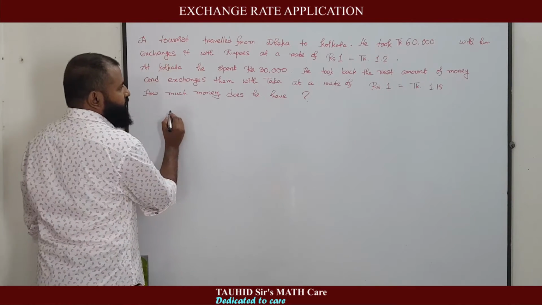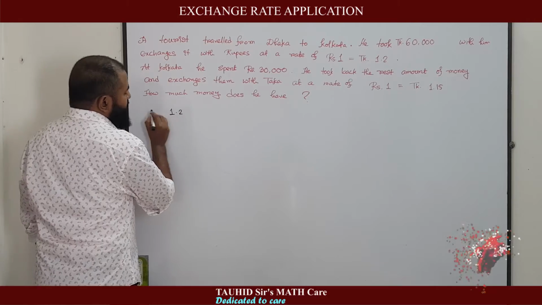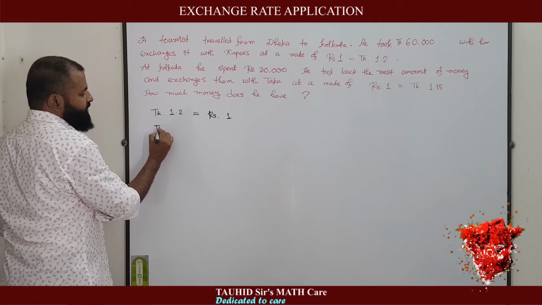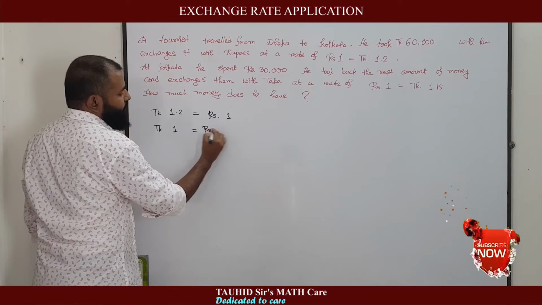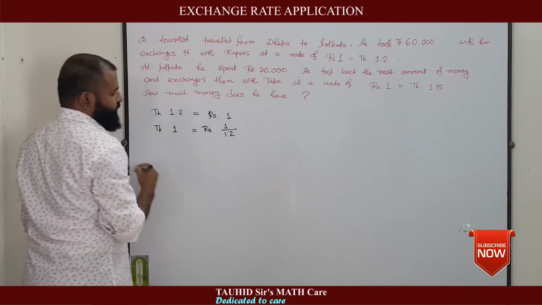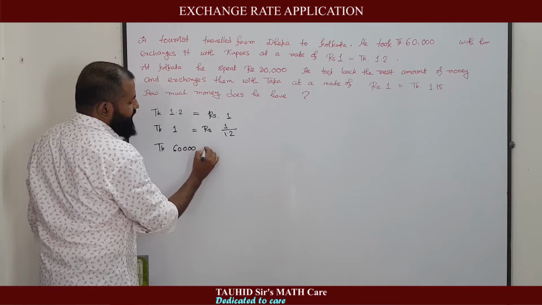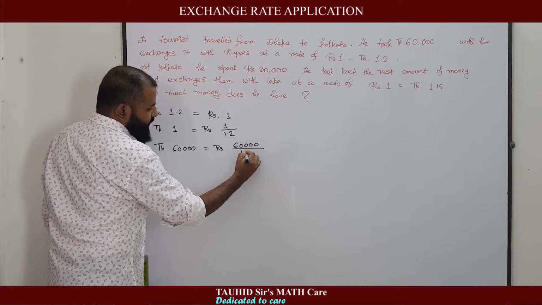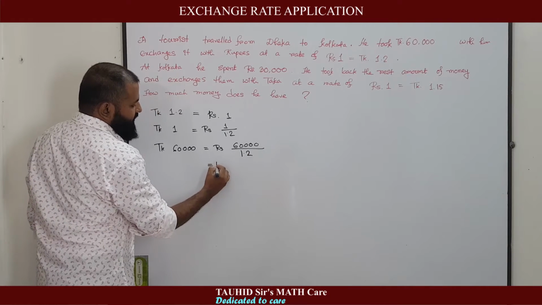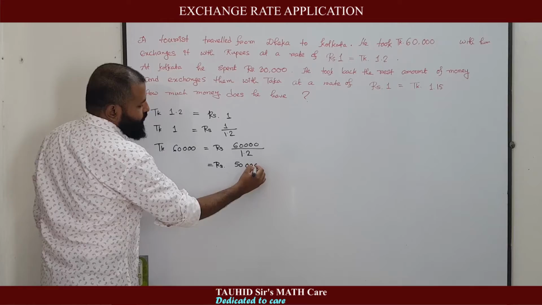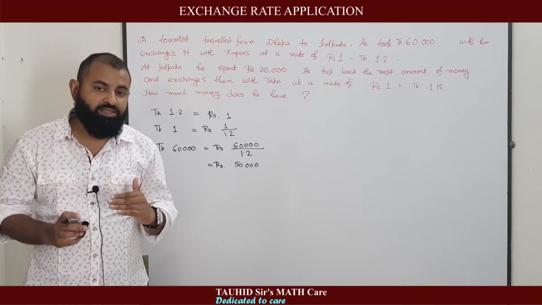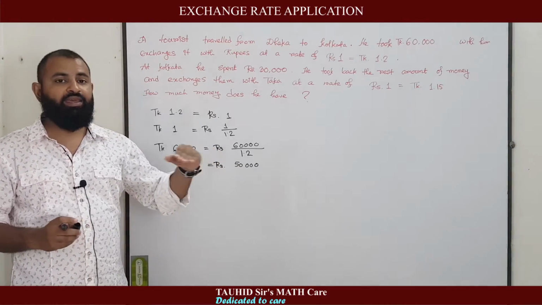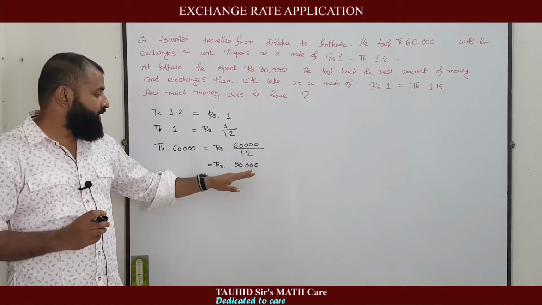First question, you are told that 1.2 taka equals 1 rupee. That means 1 taka equals 1 by 1.2 rupees. 60,000 taka equals 60,000 divided by 1.2 rupees. That means 50,000 rupees. When you exchanged your 60,000 taka, you got 50,000 rupees and you went to Kolkata with that